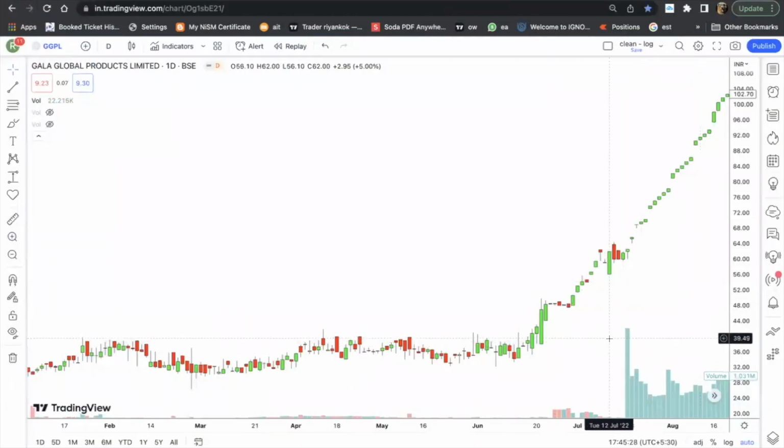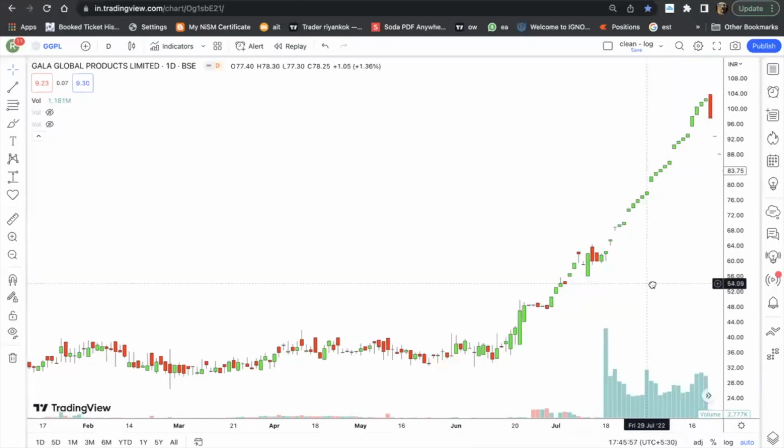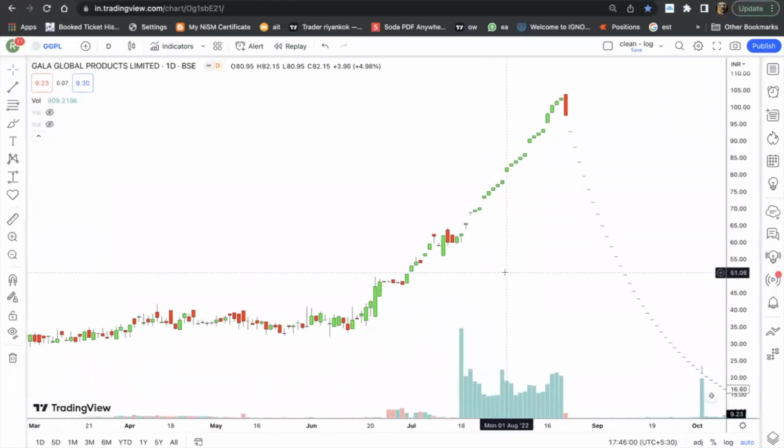You can see in GGPL also, there were no volumes traded at all. Only 1000, 1200, 1500 shares traded in a day, then it started going to 2 lakh, and then suddenly straight to 20 lakh, 10 lakh, 10 lakh, every day 10 lakh, 20 lakh volume is happening, and stairs are being formed, short stairs, 1%, 2%, 4%. Sometimes they also hit upper circuit in between, like let's put in an occasional upper circuit just to hype the public up. Okay, so every day it will look like stairs, and then at 102, dumping starts and the stock comes down as an elevator till like 16 rupees, hitting lower circuit again and again, and you can see volume disappears completely. There is no volume here, so you don't get an exit.